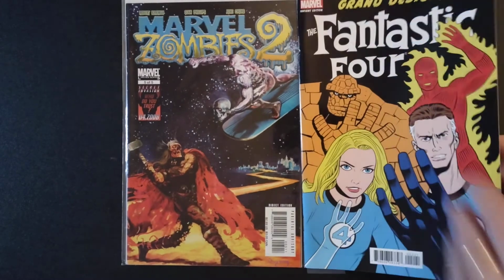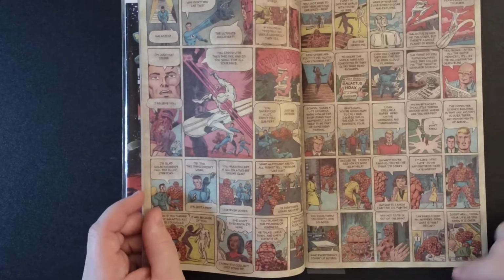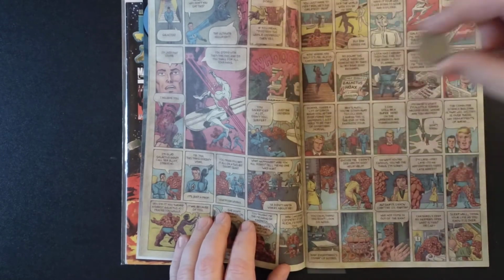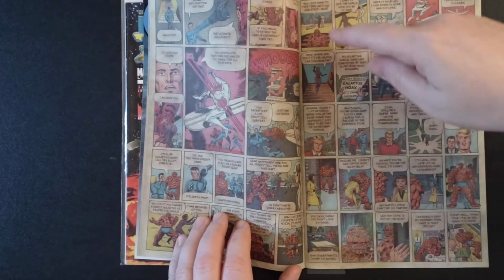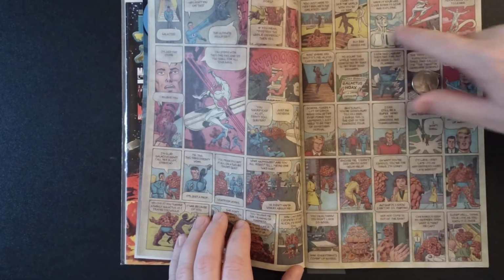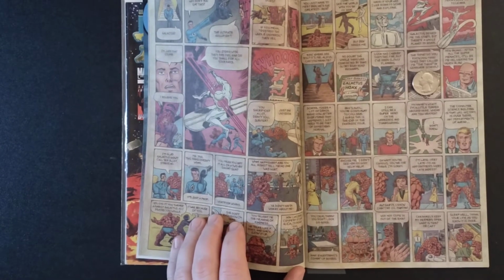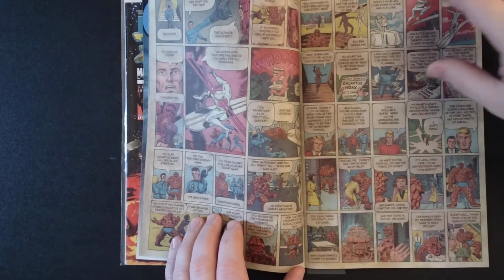We flipped inside a little bit. So the big criticism with this book at the time was how small the panels are. You can see with a quarter here. You've heard of 9 panel pages. This is what, 20 panel pages. But yeah, I enjoyed it, but a lot of people had some